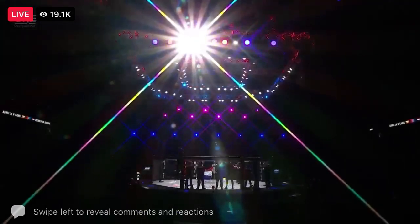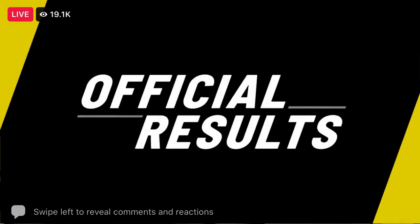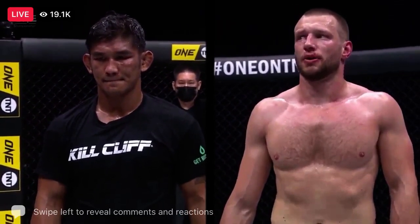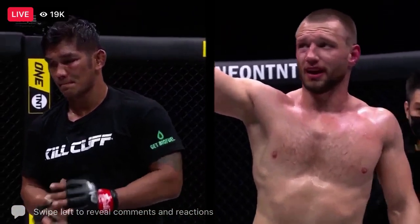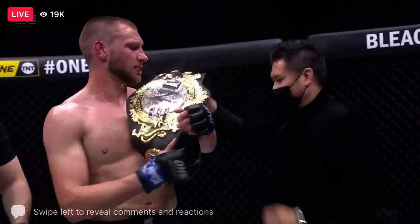Inside the Singapore Indoor Stadium, we are ready for our decision for the light heavyweight world title. Here's Dom Lau. This match was presented to you by JBL. And to present the belt for this match, we have the chairman and CEO of One Championship, Mr. Chatri Sitchotong. And now, ladies and gentlemen, after 5 rounds of battle, we turn to the judges' scorecards. All 3 judges have called this contest in favor of your winner by unanimous decision. And new One Light Heavyweight World Champion,